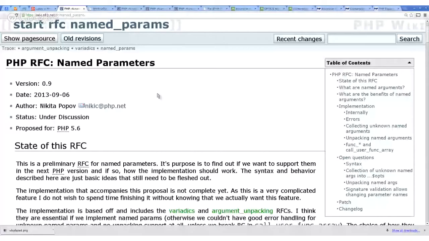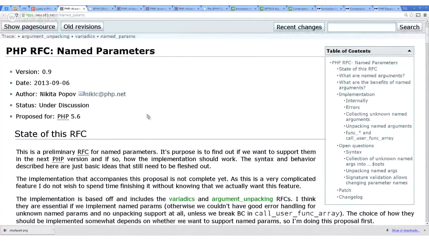Therefore, I'm going to move on and pass to the next feature proposal here, which this time is about named parameters. Again, this feature was already proposed in the past, but there was some discussion. In the past, what was proposed is something that would allow somewhat what is possible